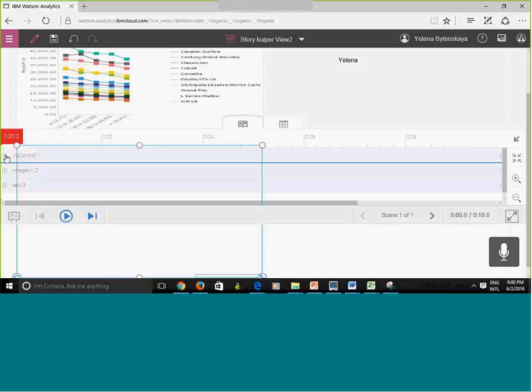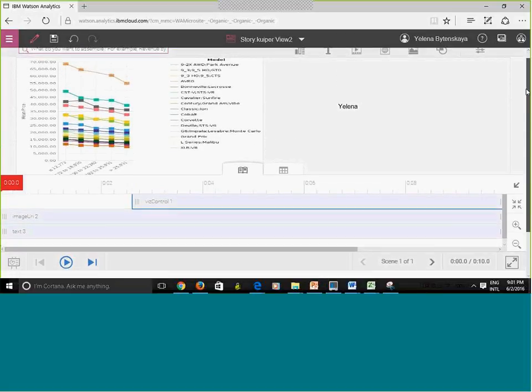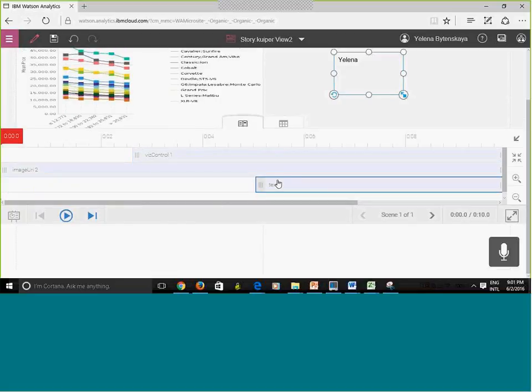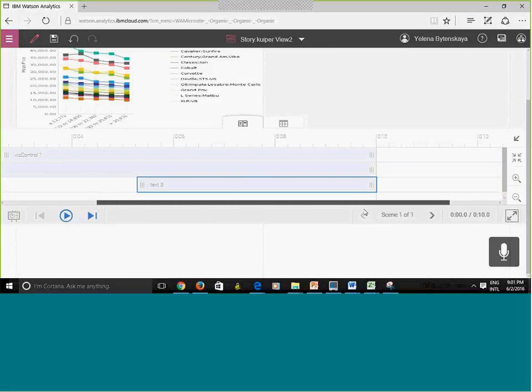I select the end of the bar and drag and drop. So this is a timing. It tells me to show this element when the clock hits this time. And here is a stopping point.